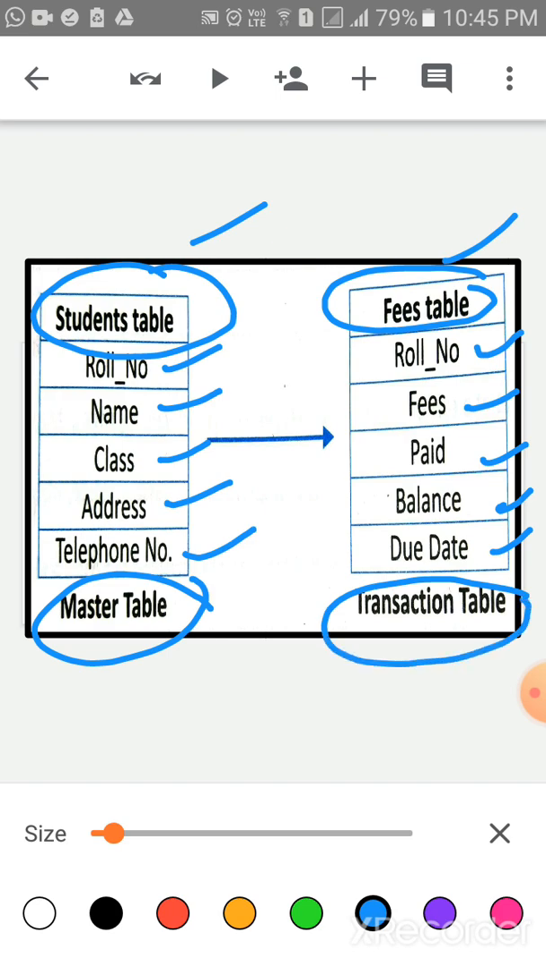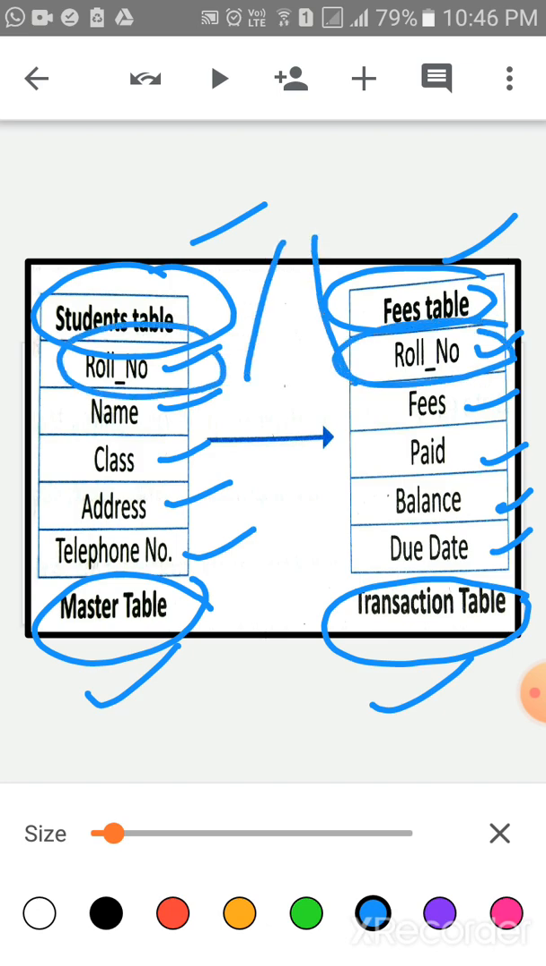Children, it is considered a transaction table. Both the master table and the transaction table are linked using a primary key or foreign key. So here, roll number is a primary key. Roll number is a primary key which is common in both tables. Okay. Now children,